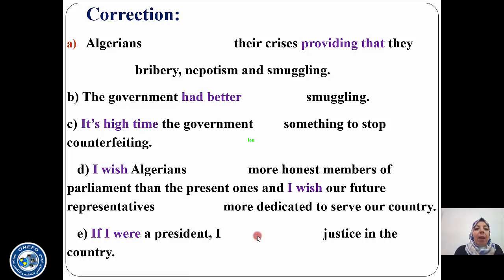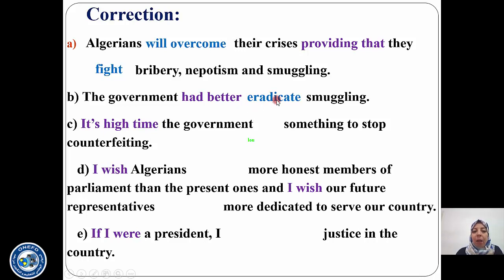A. Algerians will overcome their crisis providing that they fight bribery. Okay, as I said, future simple in the result clause and the present simple after the conjunction providing that. The government had better eradicate. So the form of the verb after had better should be a stem. It means the infinitive without